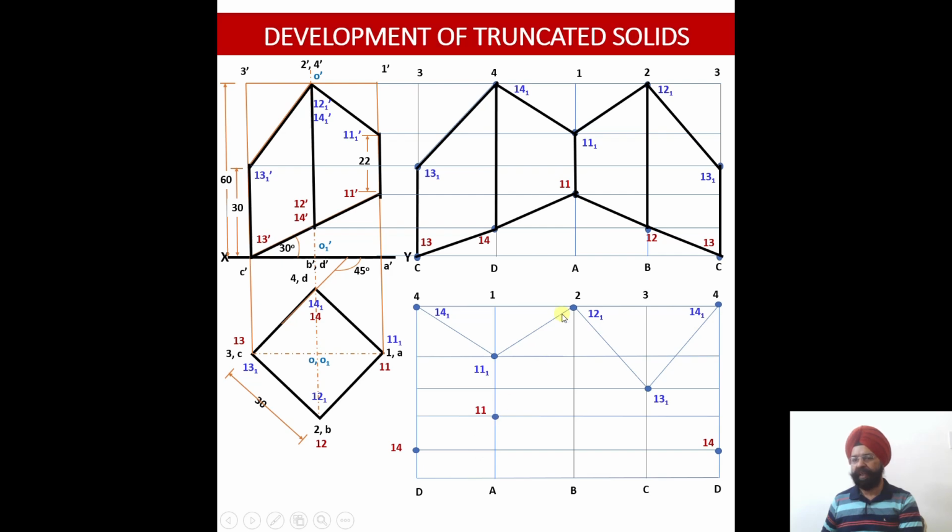This is point 11. So 2B, where it has been cut by the second cutting plane, again at the point same as 14. That is, 14 will be cut here. Similarly 12 will be cut here. First from bottom and fifth from top. So my 2B will be cut by point 12, first from bottom or fifth from the top.